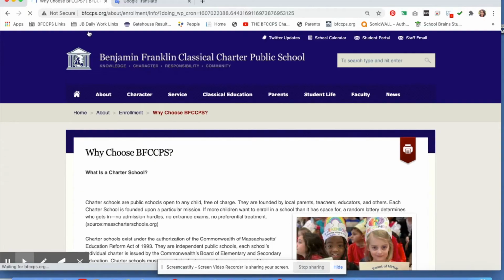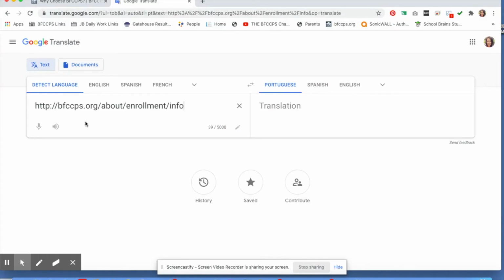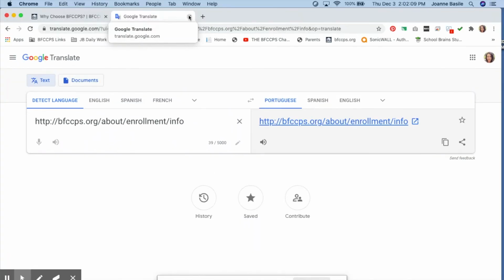Translating websites with Google Translate. Today I'd like to show you how to use Google Translate to translate any website. You can copy and paste the website address and then visit translate.google.com. You'll paste the website URL on the left and select the language you'd like to translate to on the